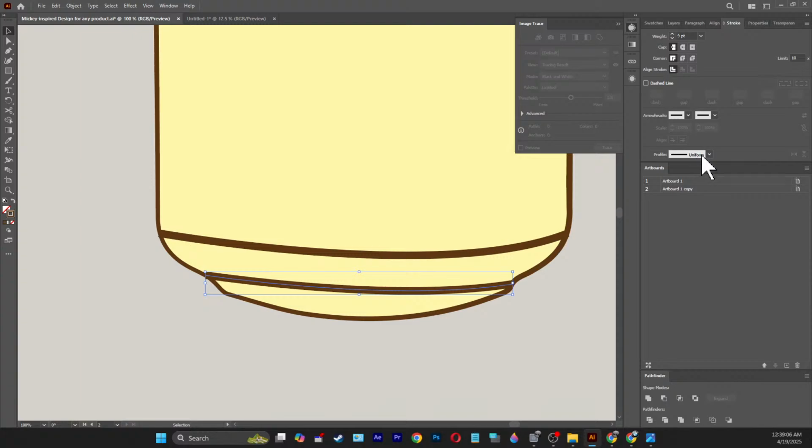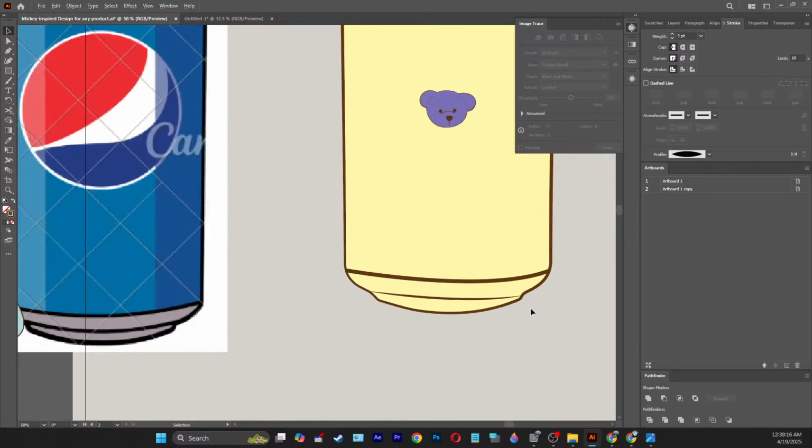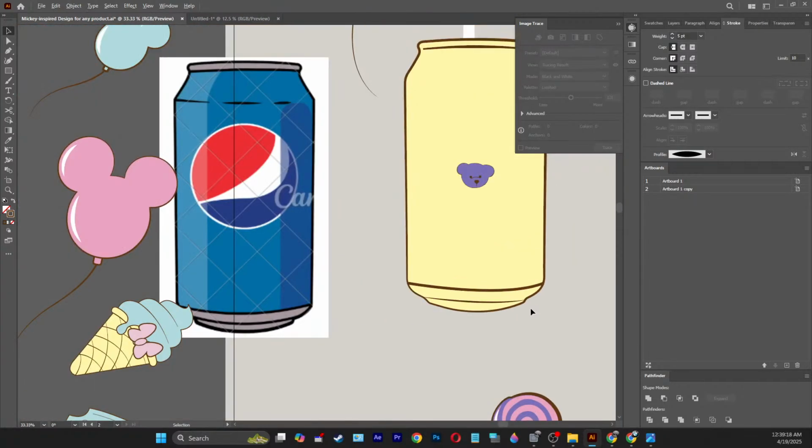Change its uniform. Lower the stroke weight. There you go. I kind of want that to not have that type of stroke weight, so let's give it a uniform stroke weight and give it,